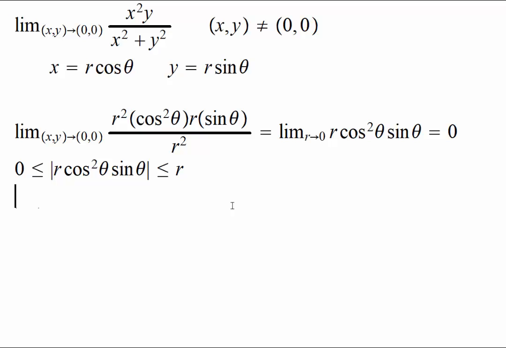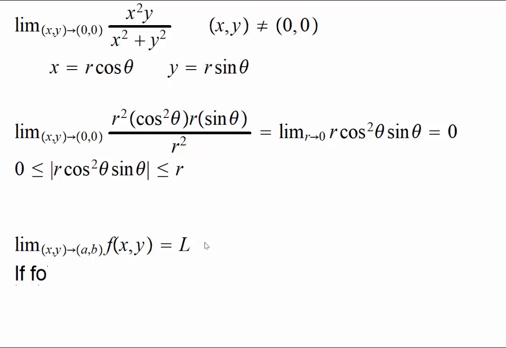So now let's take this opportunity, because this function looks like it's easy to deal with, to just verify this definition. Under appropriate assumptions, we have this limit as (x,y) approaches (a,b), where f is defined in an open neighborhood of (a,b), except for at (a,b), that equals L if